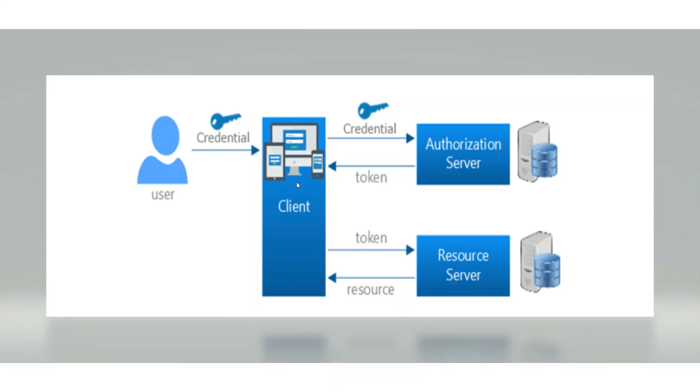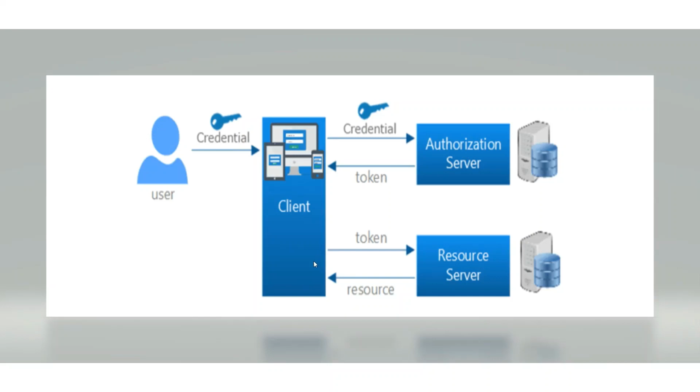The second time, the client will send a request with a token to access any resource from the web server, and the web server will validate that token, whether it is right or not. If it is right, then the web server will respond with the correct resource to the client. In this way, we have completed our authentication process.